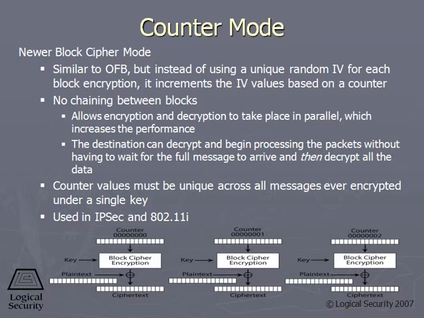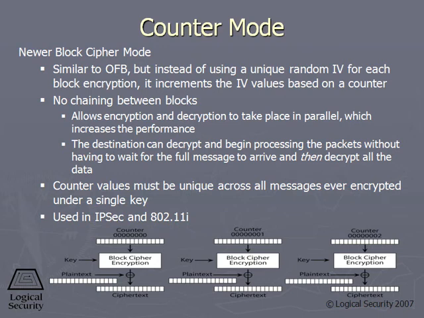Now, it's not going to be doing chaining. That means that this ciphertext is not going to go over and encrypt the next block. What's actually going to happen to the next block is it will use a key, and the initialization vector will actually be +1. It's the next value. So if our initialization vector was 4, which it wouldn't be because it actually has to be a longer number, but if our initialization vector was 4 for this one, it would be 5 for this one. So on the second block, the key and the initialization vector would be used in the algorithm,